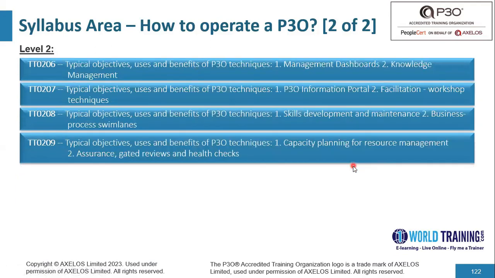We would also consider the typical objectives, use, and benefits of techniques such as management boards, knowledge management, P3O information portal, facilitation, workshop techniques, skill development and maintenance, business process swim lanes, capacity planning for resource management, assurance gated reviews, and health checks. So there are a whole load of tools and techniques that we would be considering in